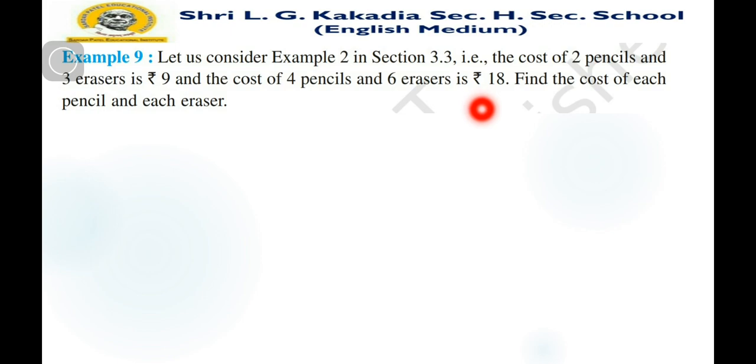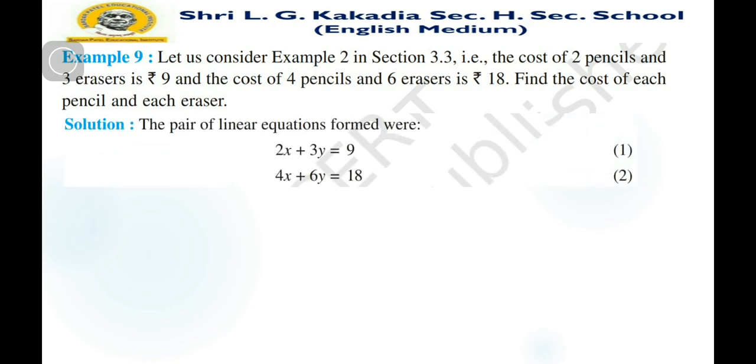Now we want to find the cost of one pencil and the cost of one eraser. So let us take two values, and we can form two algebraic equations. The pair of linear equations is formed as follows. If we assume that the cost of one pencil is x and the cost of one eraser is y, then we can find from the first line that 2x plus 3y is equal to 9, and 4x plus 6y is